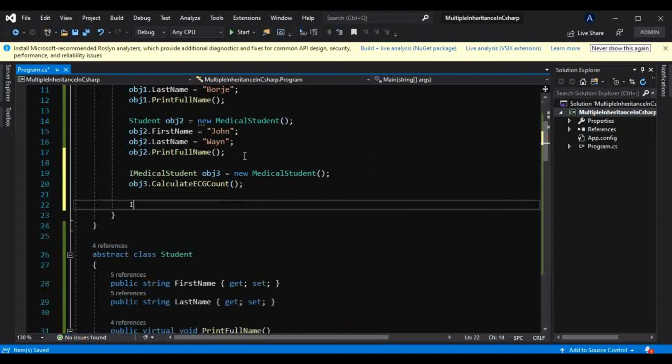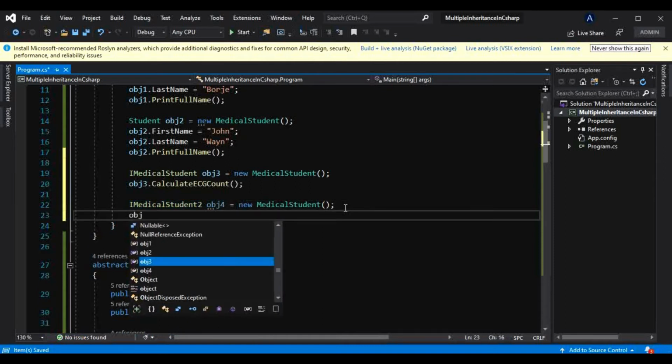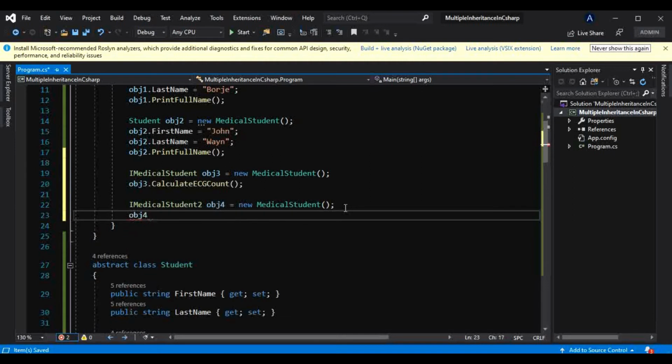Similarly, from the interface we have just created, we can also create a derived class object, that is MedicalStudent, and we know that the heartbeat count method is present in iMedicalStudent2. So that is why we have to create the object like this. So with obj4 dot, we will be able to access the calculate heartbeat count method.